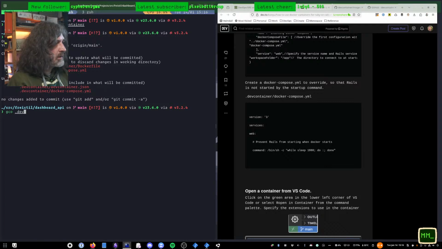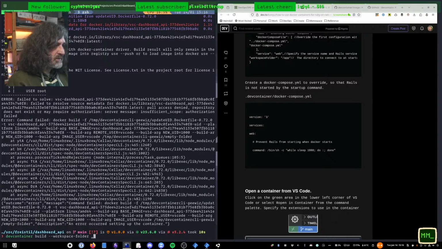And I guess we'll also move the Dockerfile into dev container. And now,